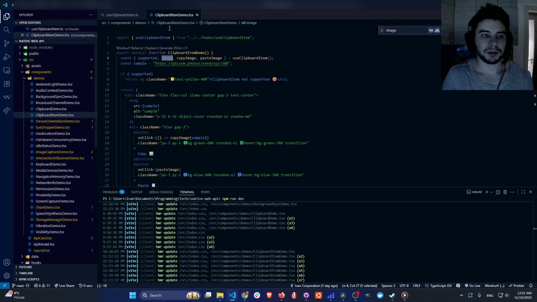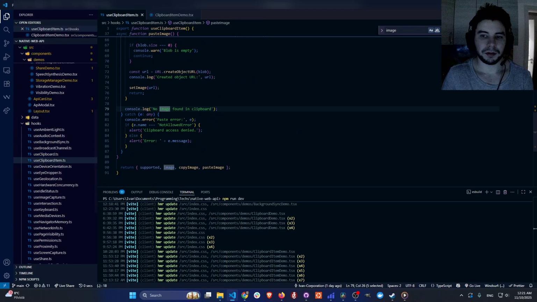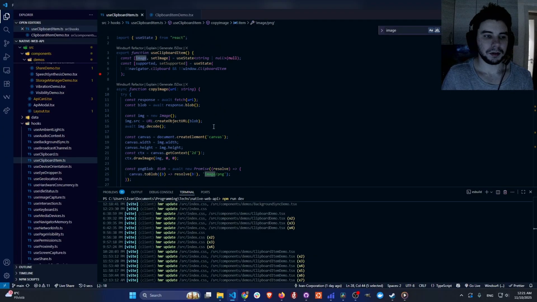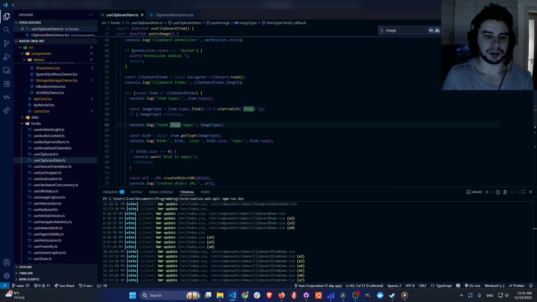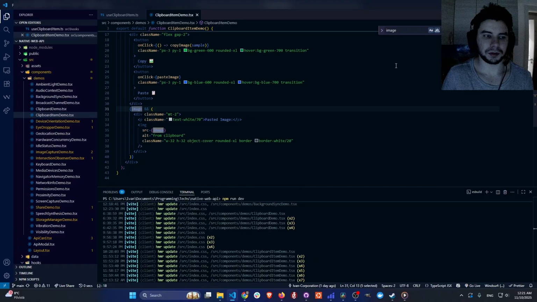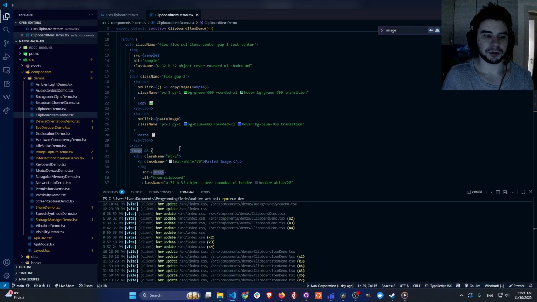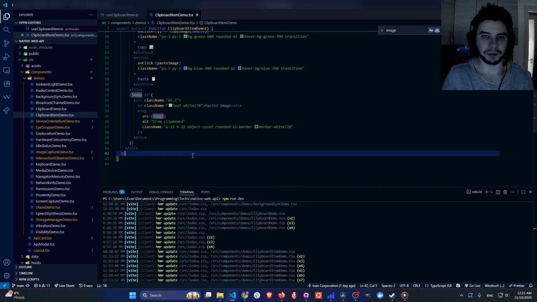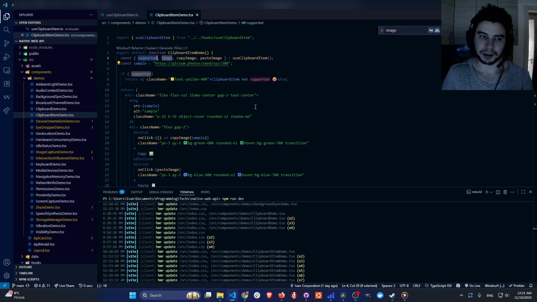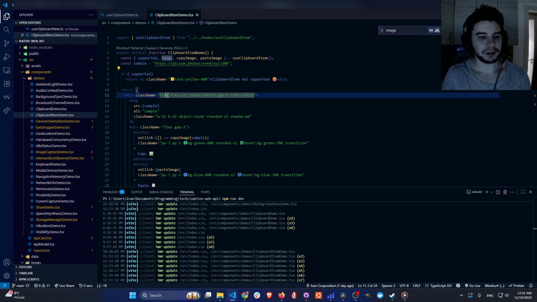Actual image, this means the actual image that we're going to get here in our set image. But in our case, we don't actually need it. Mostly we just show the image that we passed, and that's all, nothing more here. And supported, it's easy, I don't even want to explain it again, because I already showed